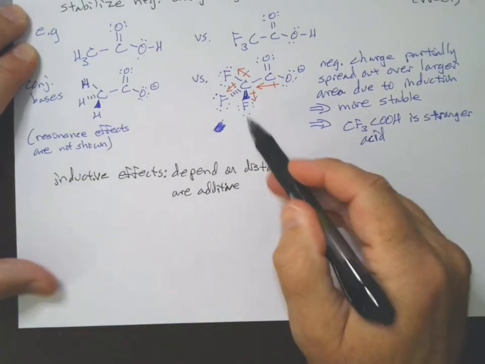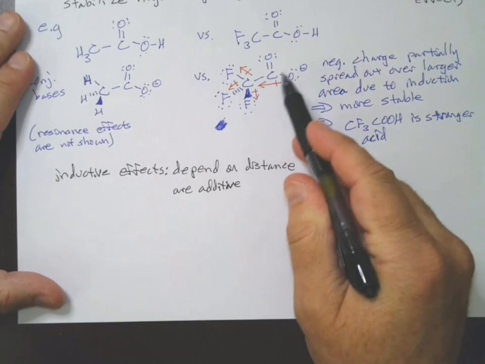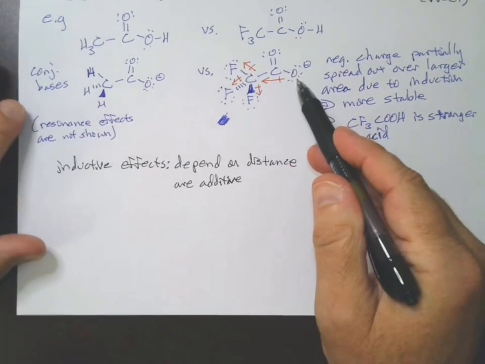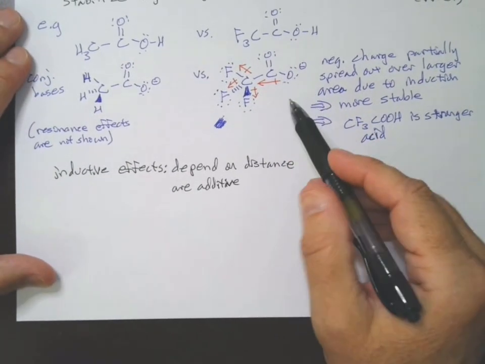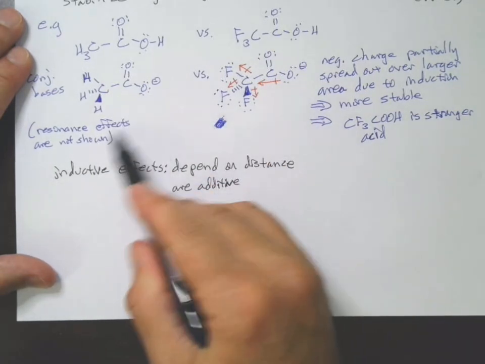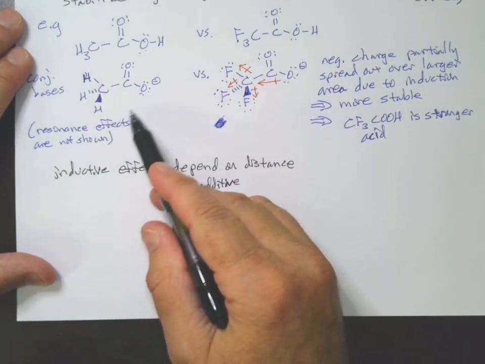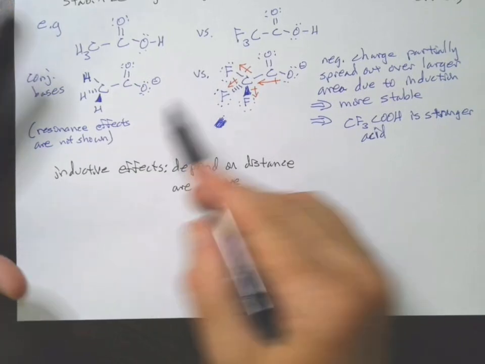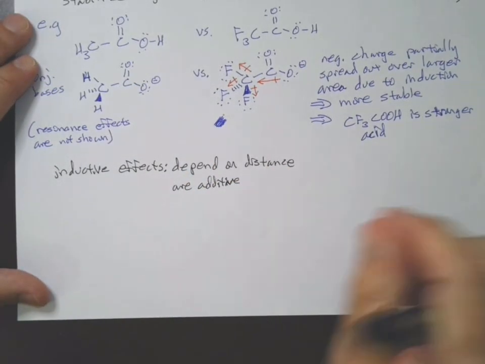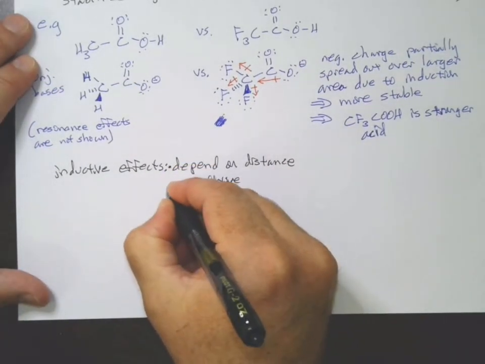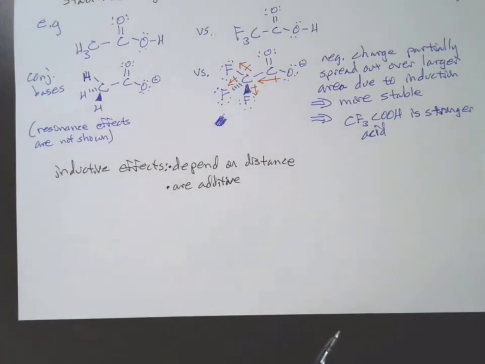So the closer the electronegative atoms are to the negative charge, the greater a stabilizing effect they have. If I had a long carbon chain with my fluorines way at one end, those wouldn't stabilize the negative charge that much because they're so far away. They're also additive, and just as an example of additive,